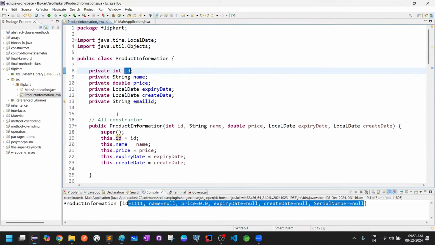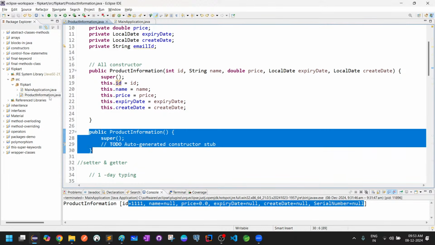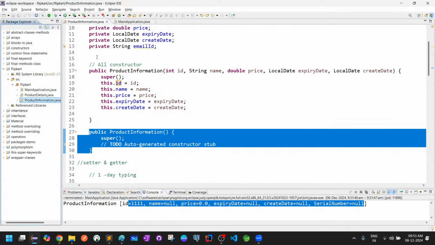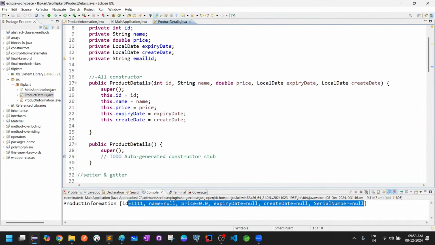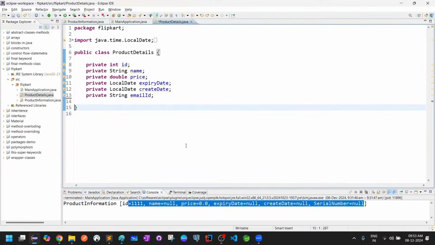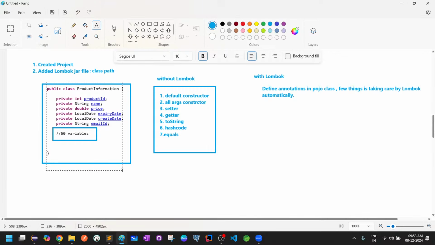For that, this is what you did, right? Now let's do one thing. I'll take a separate class and give it the name ProductDetails. So one pojo without Lombok, how you did it, and one pojo with Lombok. Now assume I'm removing all these things. Now there are a total of 6 properties. So what Lombok is saying now is, the moment you define variables, this is a common step. Whenever you want to define a default constructor or all arguments constructor, setter, getter for all these 50 variables, or whatever the variables are, they give some predefined annotations. For example, annotation number one,